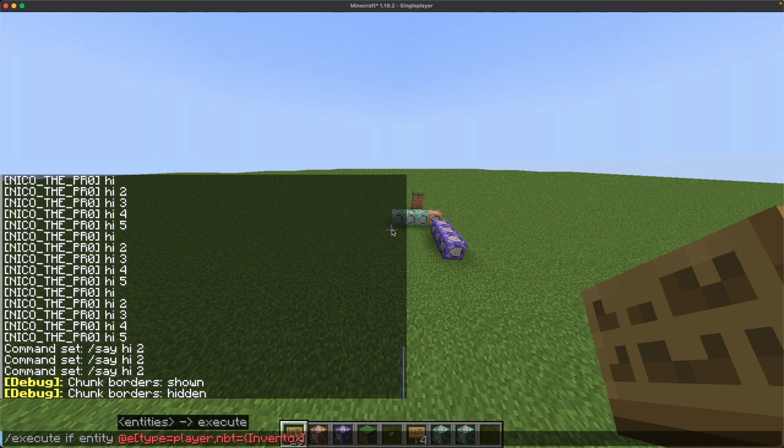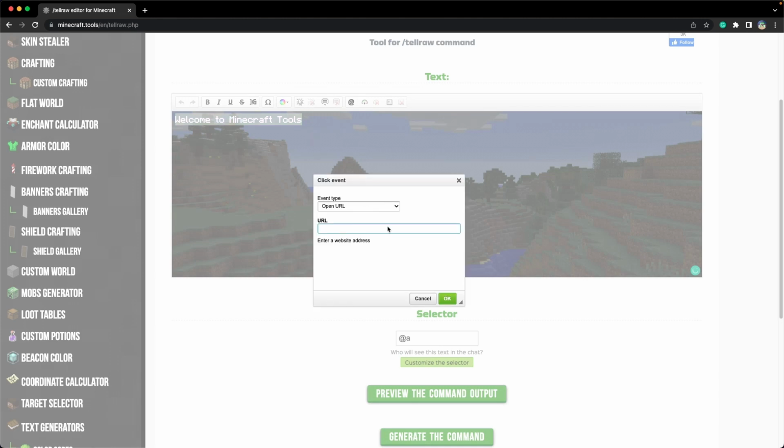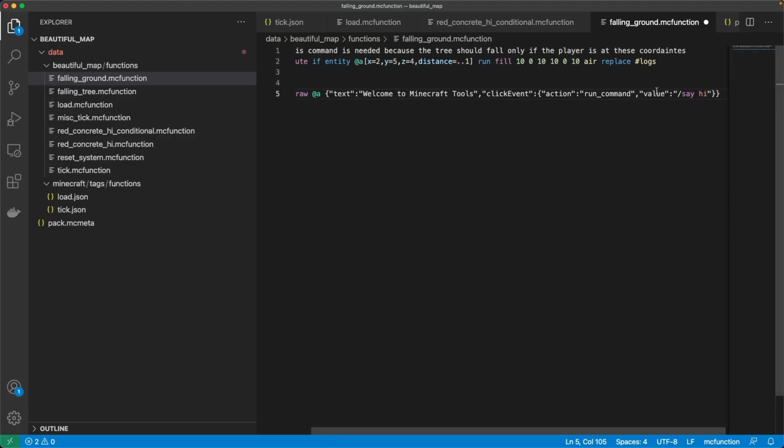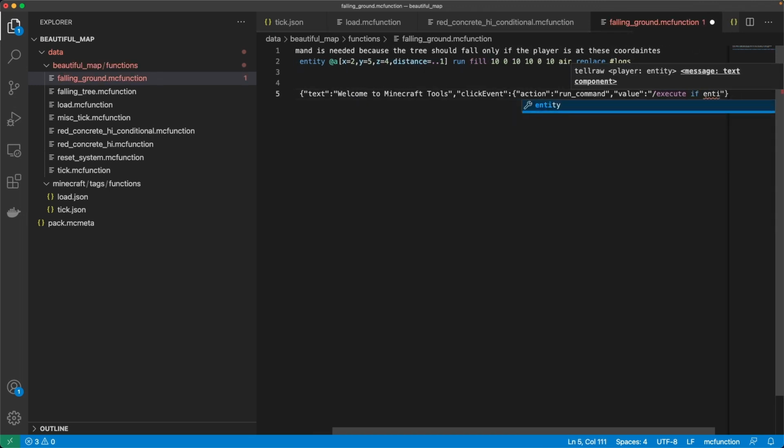It doesn't have any concept of JSON at all. But yeah, if you're writing a tellraw and there is an on-click event that does like say hi, as you can see in the command value, this say hi is actually going to be highlighted with the correct syntax. So right here, you can actually write everything you want, and it's going to give you suggestions inside the tellraw